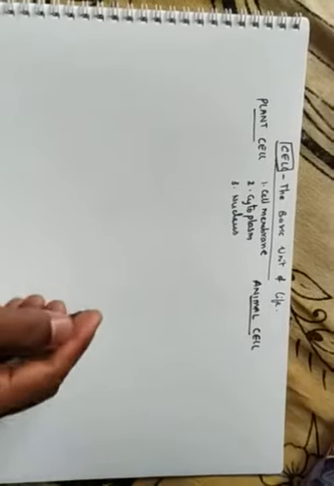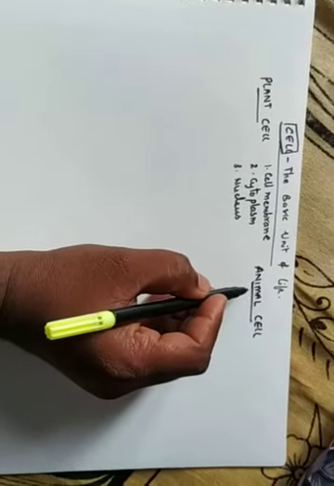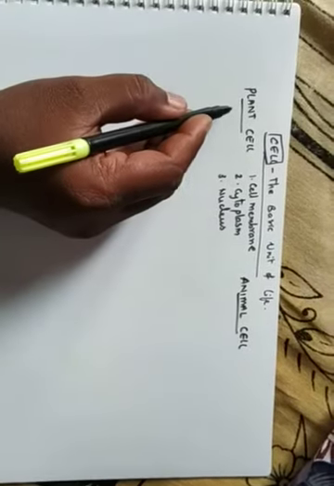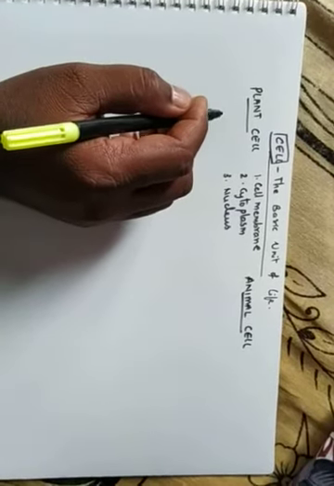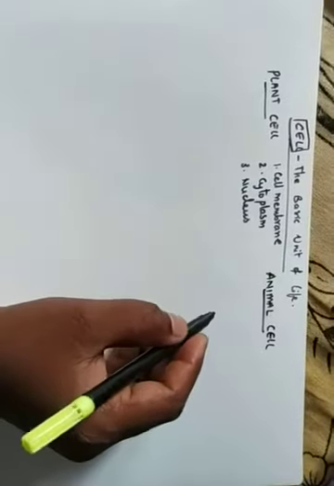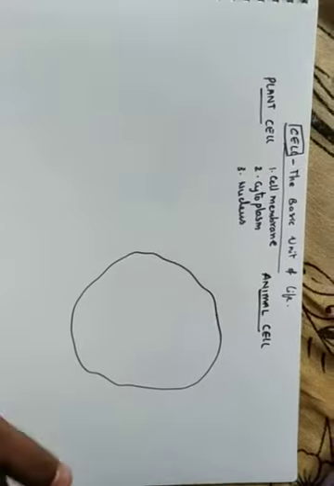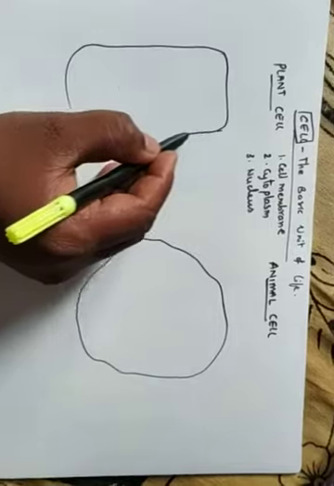Now we are going to learn the structure of this plant cell and animal cell. First, we go with the cells here. The animal cells do not have a proper shape. They are almost round or irregular in shape, but when we see the plant cells, they are almost like a rectangle or a square. Okay. Now when we see the animal cell, every cell is covered by its own layer, outer boundary we can say, like this.